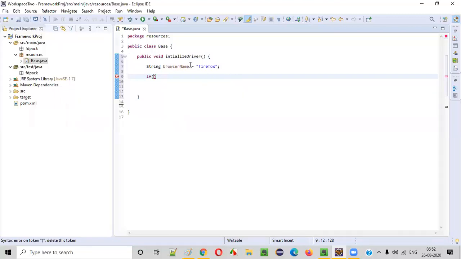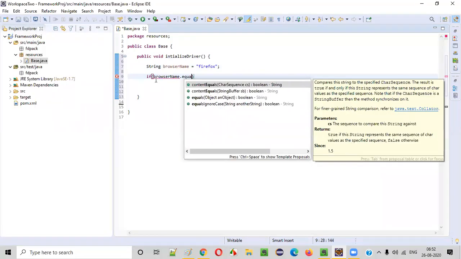We are just verifying what the browser name is. If the browser name is mentioned as Firefox here, something like that, browserName dot equals. You can take either equals or equalsIgnoreCase.